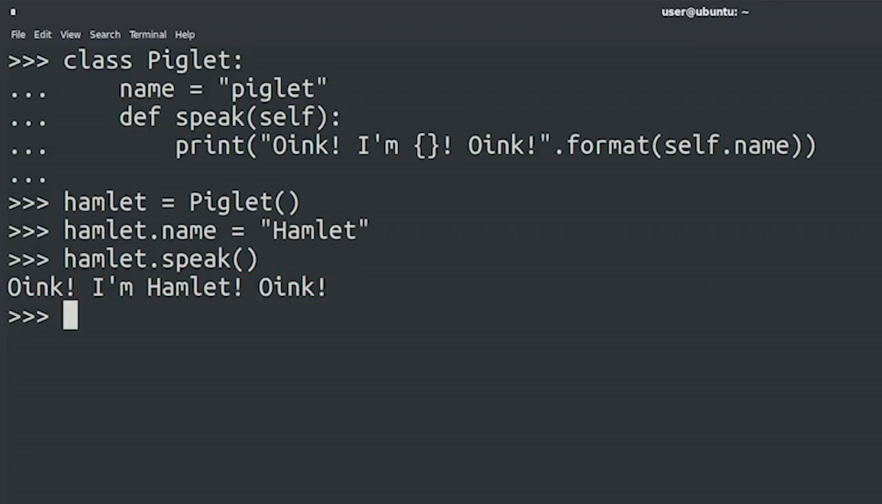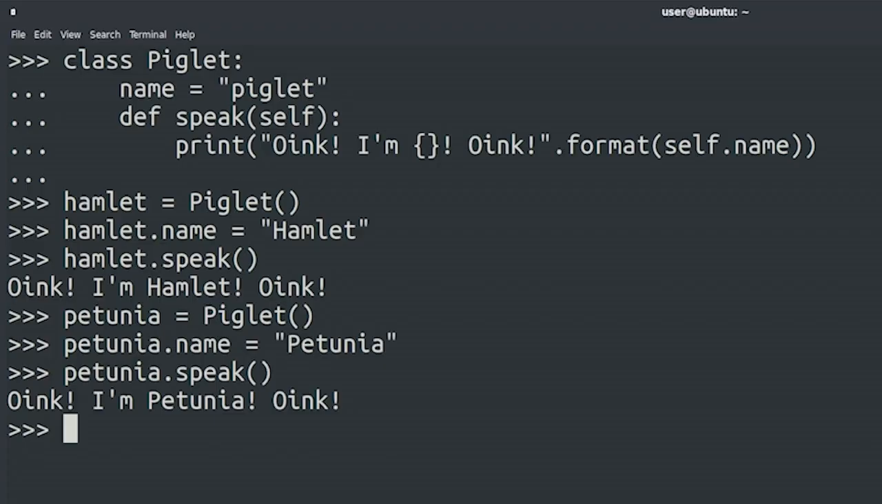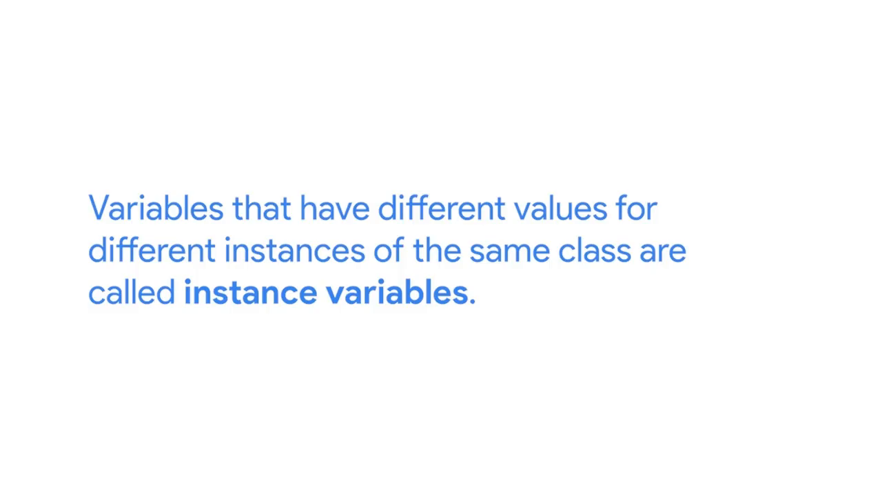What if we create a new instance of the same class, but with a different name? It should generate a different output. Okay, let's try this out. I think Hamlet needs a friend. We've now created two instances of the piglet class, each of them with their own name. When calling the speak method, each of them prints their name and not the other. Variables that have different values for different instances of the same class are called instance variables, just like the name